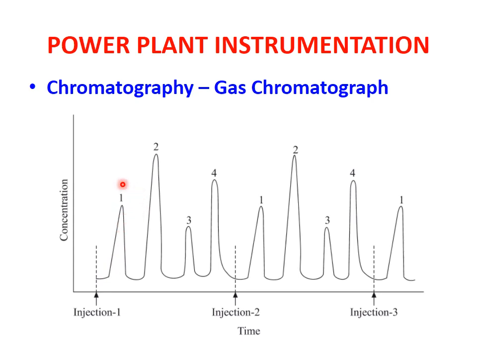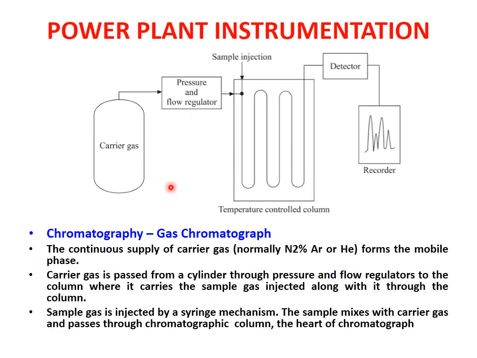At the first injection point, you will see that we are getting peak point 1, which is lower than peak point 2. After achieving peak point 2, the process is retarded up to peak point 3, and then the process is ended at peak point 4. Similarly, after the peak ends at point 4, the second injection starts after a time interval, and again you will see that it attains a peak point. So this defines the quantity of the flue gas which is going inside the system for measurement and separation of the components.